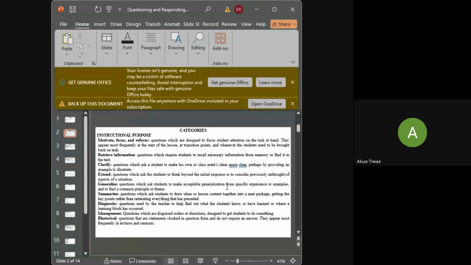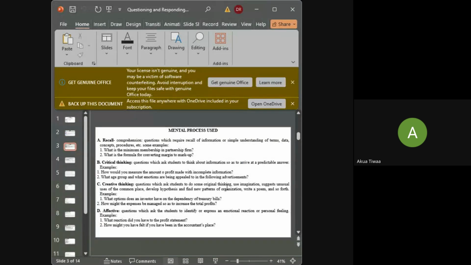A teacher is teaching and then a question is asked. For example, ask yourself if you can prepare a balance sheet. With this, the teacher is not requiring any answer from the learner. He's just asking. When you ask yourself if you can do it, you answer it and take it. If you cannot do it, you also answer it and take it. So that is the rhetorical question, where we don't need specific answers.